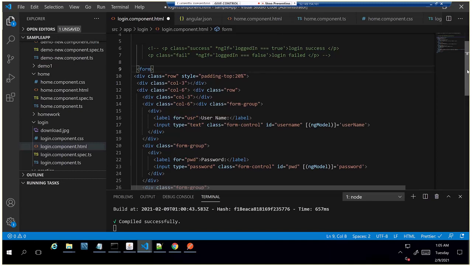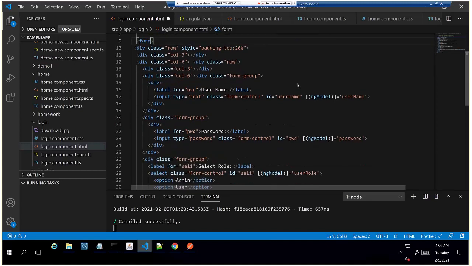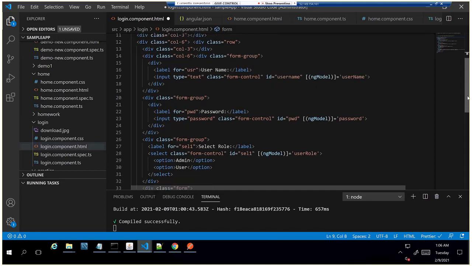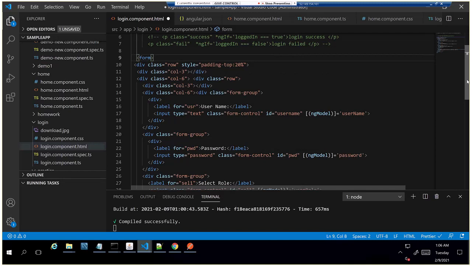So login name, password, and all these things are the form fields, so they should be encapsulated between the form tags. Earlier we were not doing any validation; we were just sending it to the server, so we didn't need that. But now to do that validation, you need to encapsulate this information in between two form tags. Then write the next features.